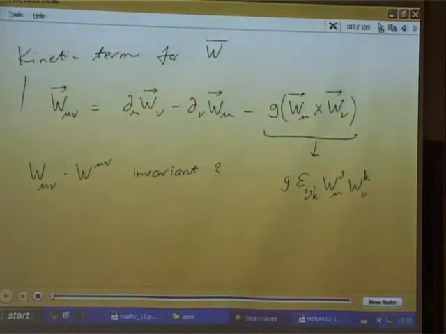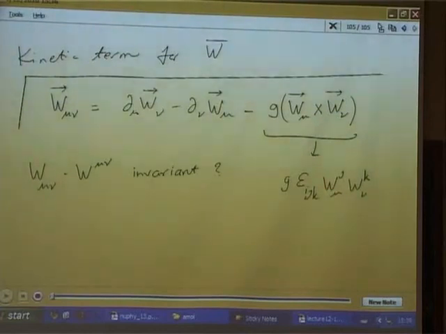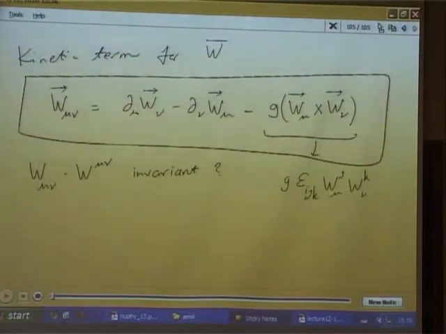But take it from me at this moment, if you don't know already, that if you define W mu nu like this, then this is invariant under this rule. So then, the kinetic term can be W mu nu W mu nu. A factor 1/4 in front comes because you want to transform it to something like half in this square. So that's what you have to do when you go to